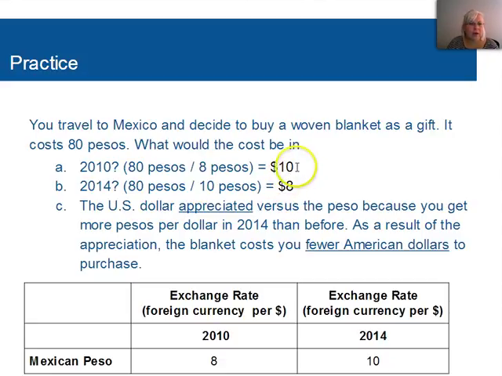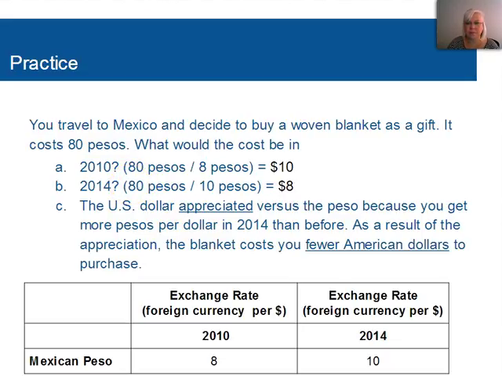And this means that you have paid $10, 10 American dollars, for that blanket in Mexico. Going through the same process in 2014, the blanket would only cost you $8. Now that you're getting 10 pesos for each dollar exchanged, you're only having to exchange $8 to get the 80 pesos you need to make the blanket